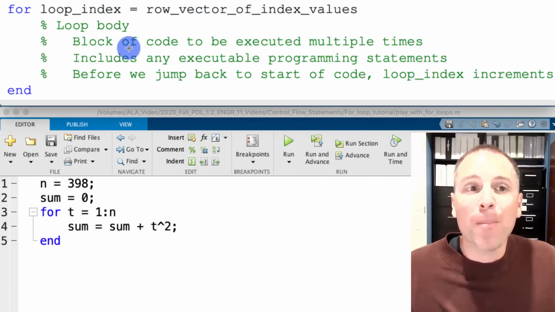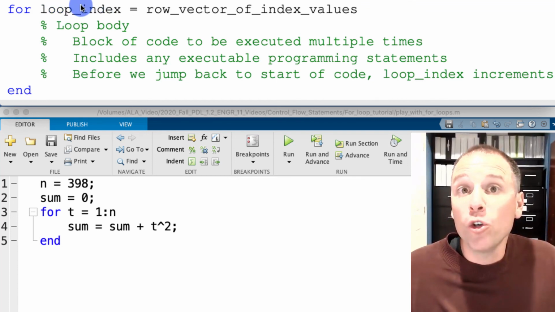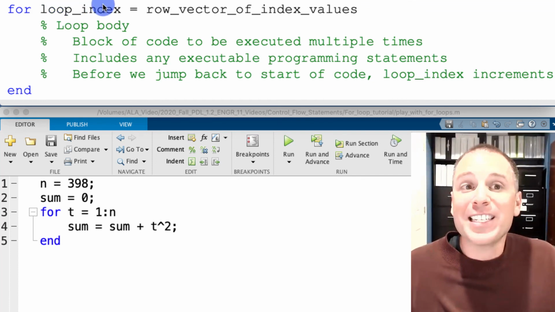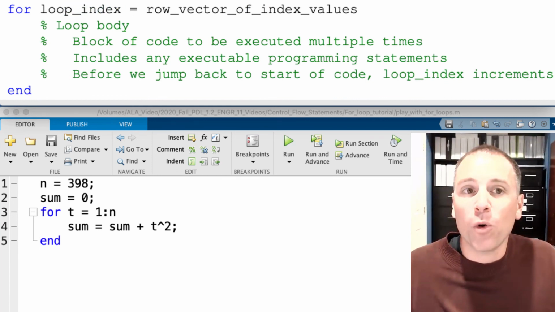With that, we're going to end the tutorial portion of this video focusing on how to use for loops to manipulate scalar values. Let's do a quick review of the syntax of a for loop. Remember, we're going to start each for loop with for space. Then we're going to write an index variable or a loop index. In this syntax, we're going to set that index variable equal to a row vector of desired index values. That tells MATLAB to set the index variable equal to each individual entry of that row vector.